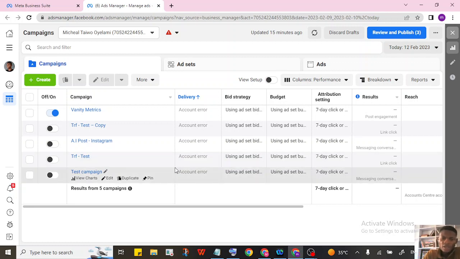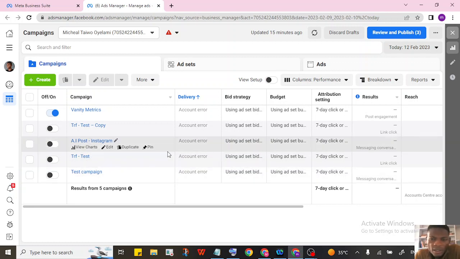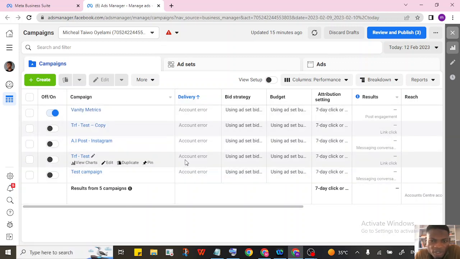So this is how you can actually set up a WhatsApp lead generation campaign. It's very simple, and I'm going to make it as simple as possible so that you can understand. It's not complicated. So once you are on your ad manager like this,